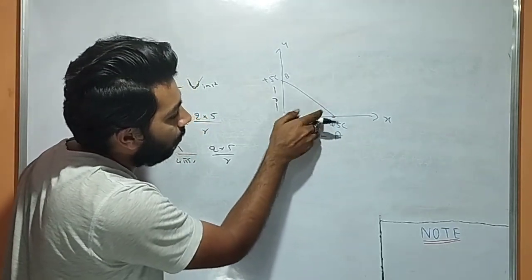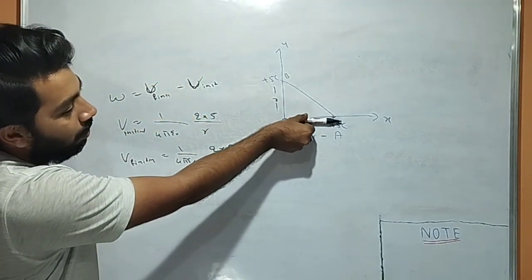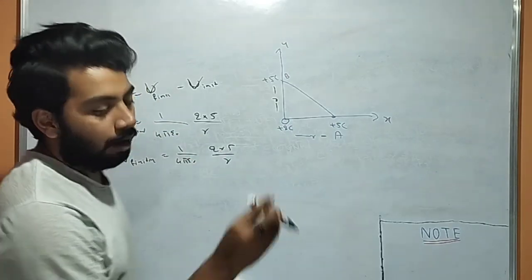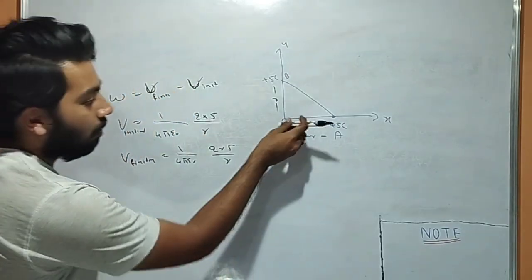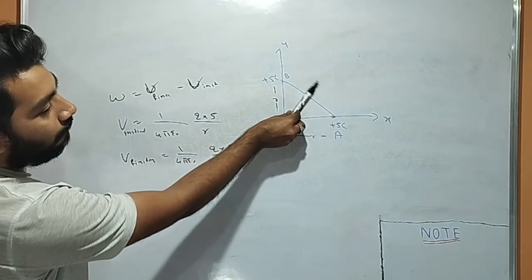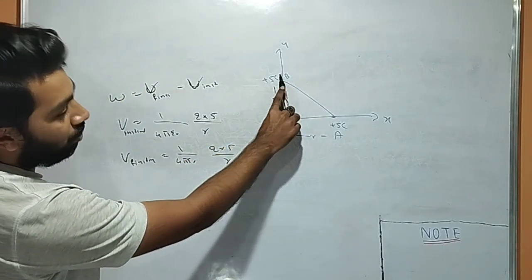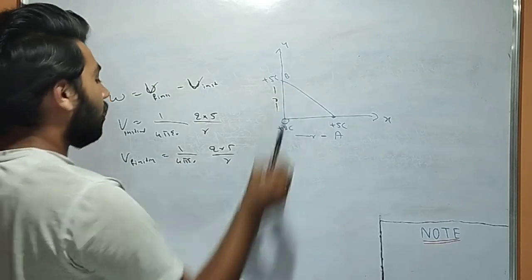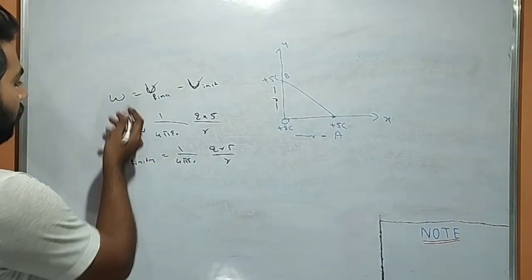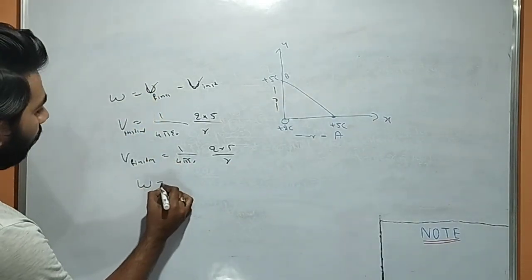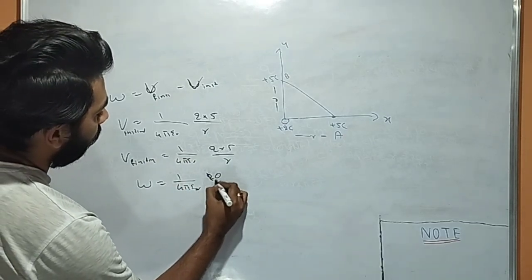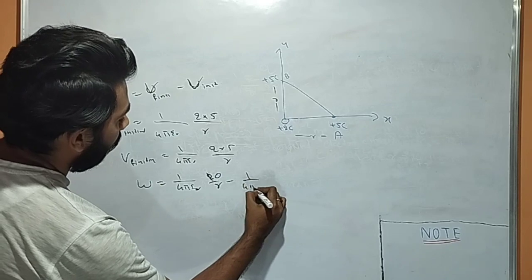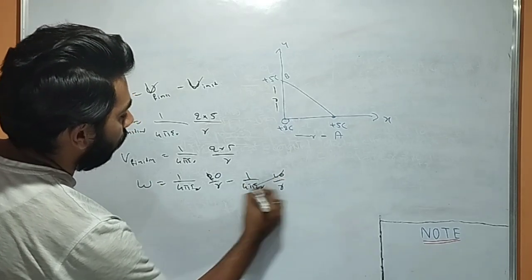At this point plus 2 coulomb, at this point plus 5 coulomb. The distance is the same, so both are the same. Now just substitute: 1 by 4 pi epsilon naught 10 by r minus 1 by 4 pi epsilon naught 10 by r. Answer: